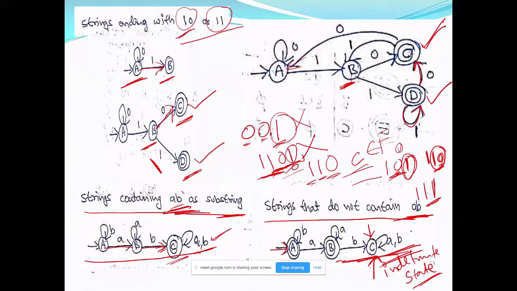If you observe these two diagrams, you can see that the set of final states and non-final states is swapped. Final states here are non-final states there, and non-final states here are final states, except that everything else is the same. So this is the language L. If this is language L, then this becomes L dash, or the complement. This is how you can design the complement of a given language. But later I will come back to it in detail.